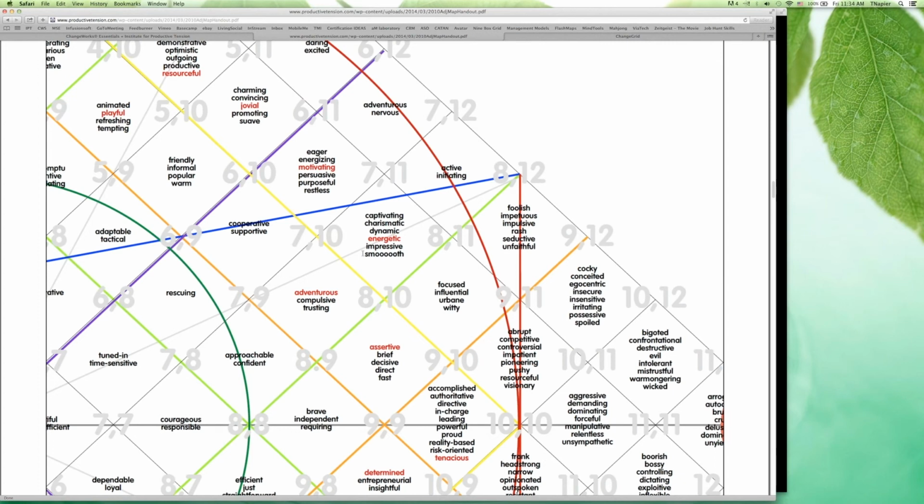Suddenly he becomes very charismatic and very smooth. So, he's got that going on. But let's go maybe a little bit more on the in-grid side of things. Cooperative and supportive. Well, he has moments when he's very cooperative and very supportive around that. But again, you go upgrade a little bit, he's a little bit on the restless side of things, and on the downgrade, he's a little bit adventurous. We love him to pieces, but we just know that he's got a spirit of adventure, and being compliant is really not his strong suit.